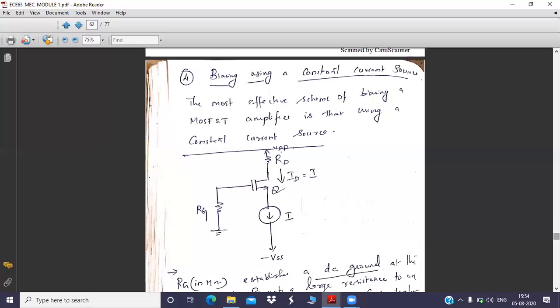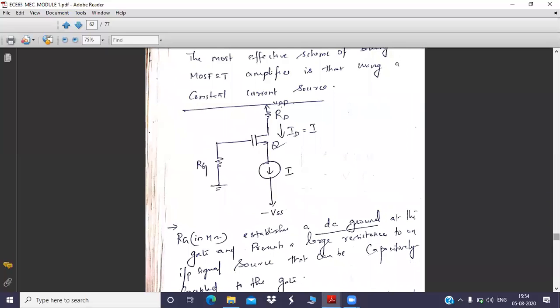This is the most efficient one, which is going to keep a stable Q point, or which is going to ensure a constant current flow through the device irrespective of any external parameters. Whatever changes happen in the circuit, in the load, or in the source, whatever fluctuations happen, the current is going to stay constant. You can't ensure that the electricity board is supplying the same power supply, or that the source characteristics are always constant.